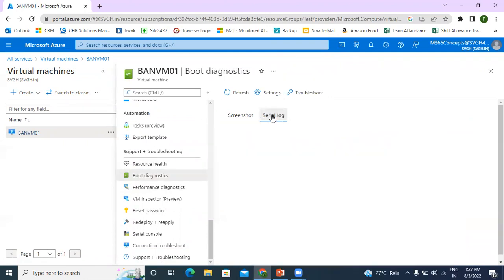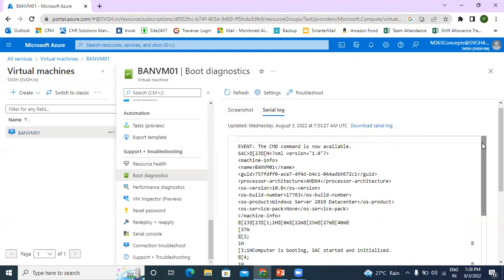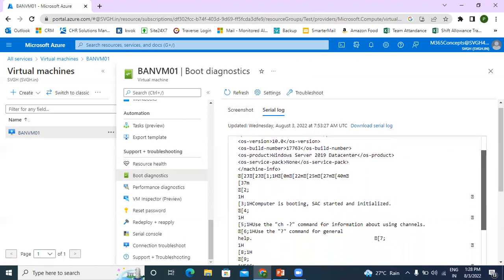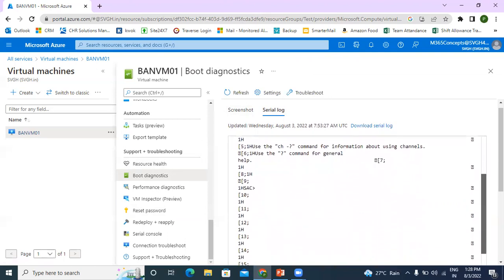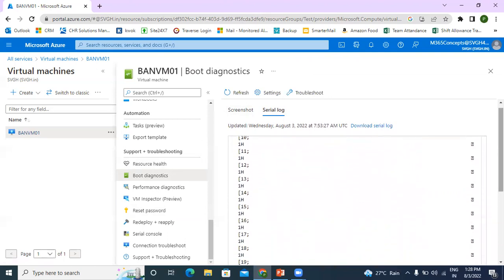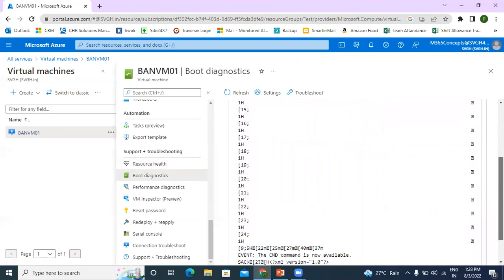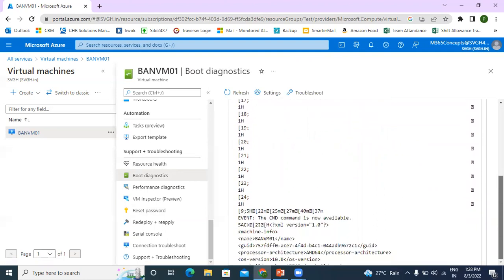Then we have an option called serial logs. Under serial logs, we will get the logs here. The virtual machine will download the serial log. If you see here, we have logs like boot logs, boot serial logs, which usually help us to troubleshoot